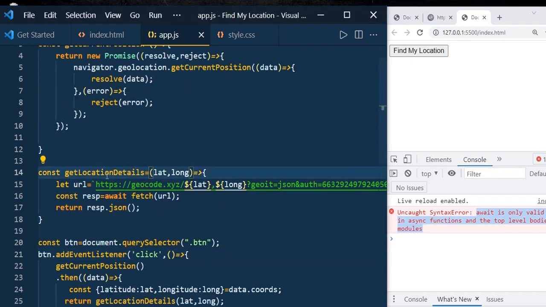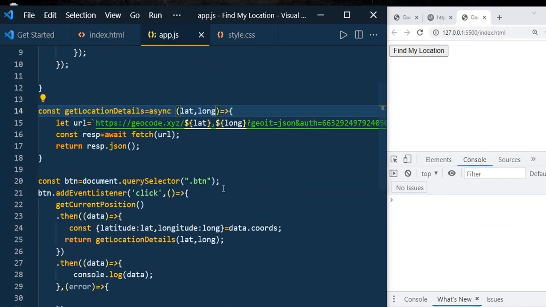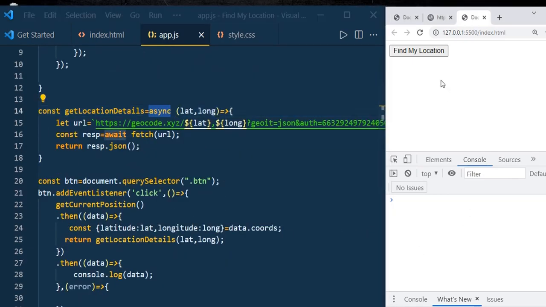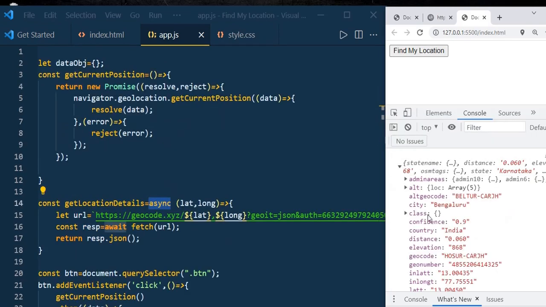So since this is an arrow function, we can use async here. And now let us save it. Now there is no error, and this is one of the interview questions too. Now click on the find my location. There you go. Now we can see that we have the response, and in the response we have the city